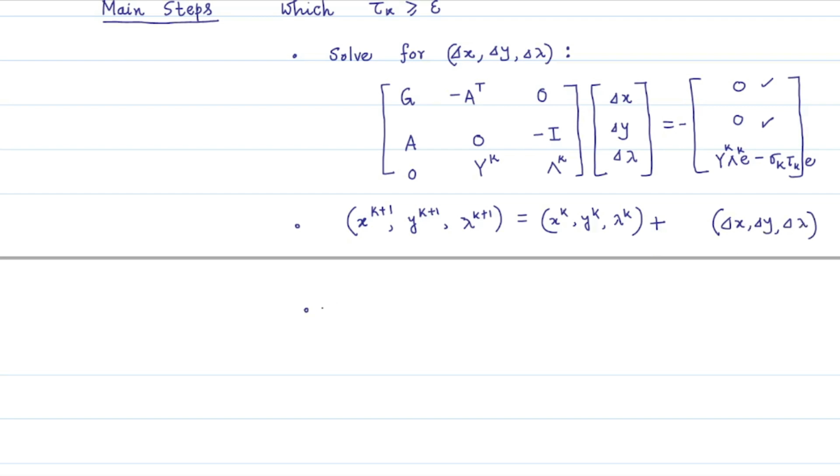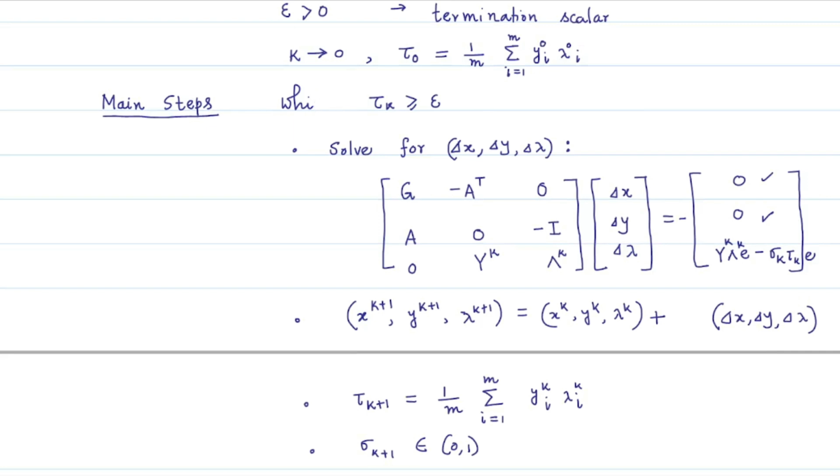And by computing the next iterative point, you go for computing your tau k plus 1, which is given by 1 by m summation over i equal to 1 to m of yki times lambda ki. You choose your sigma k plus 1, some number in between 0 and 1, and then increase your iteration counter by 1 unit. Then again you go for checking